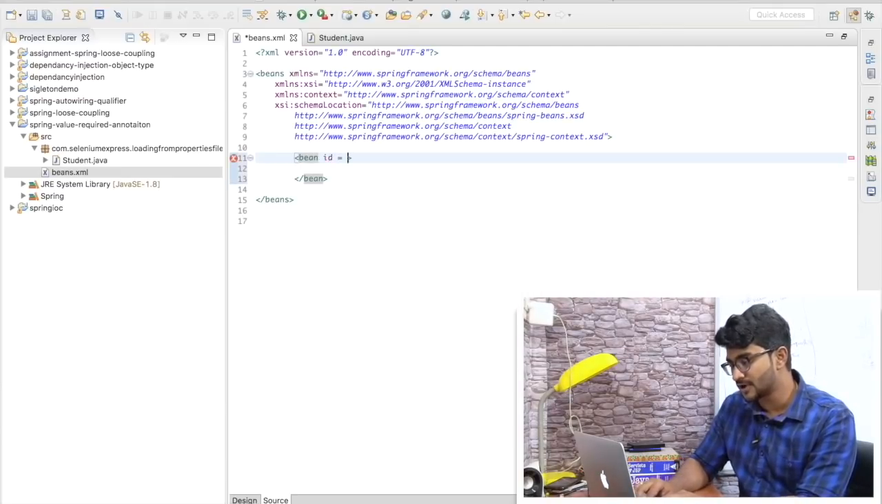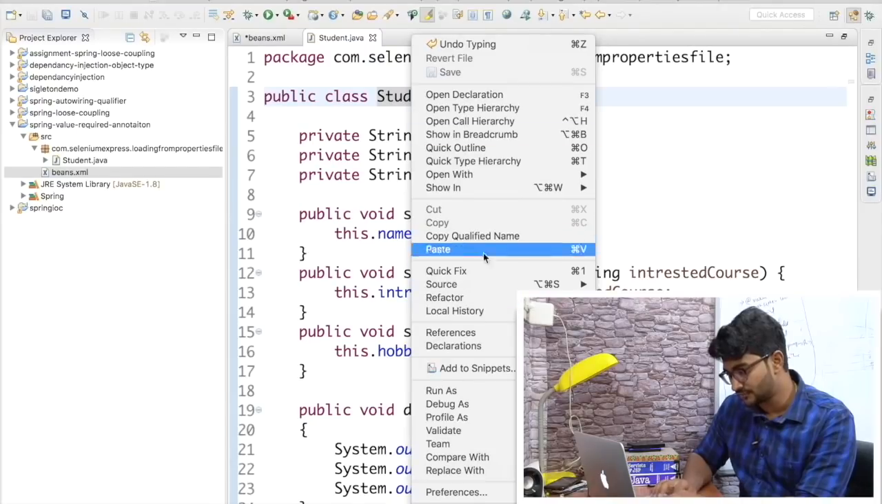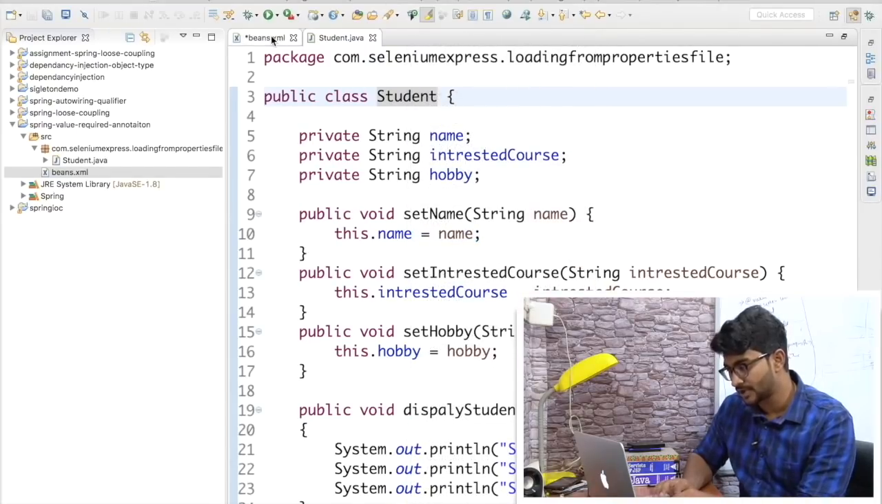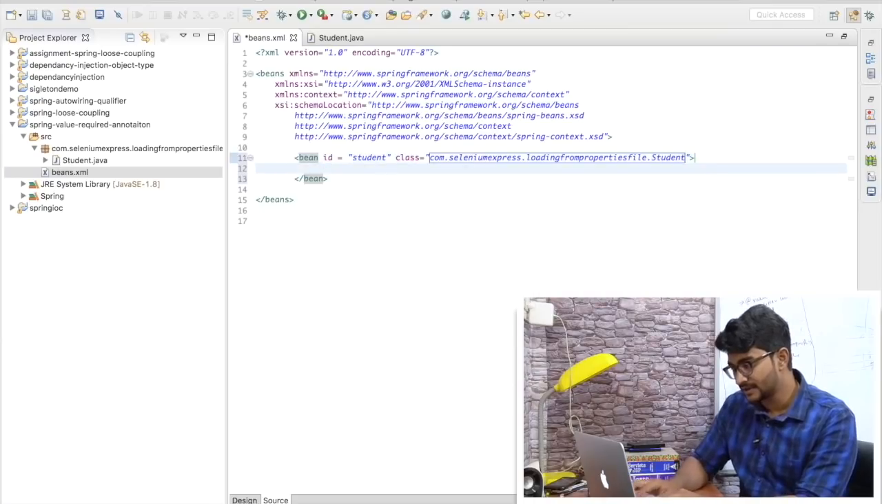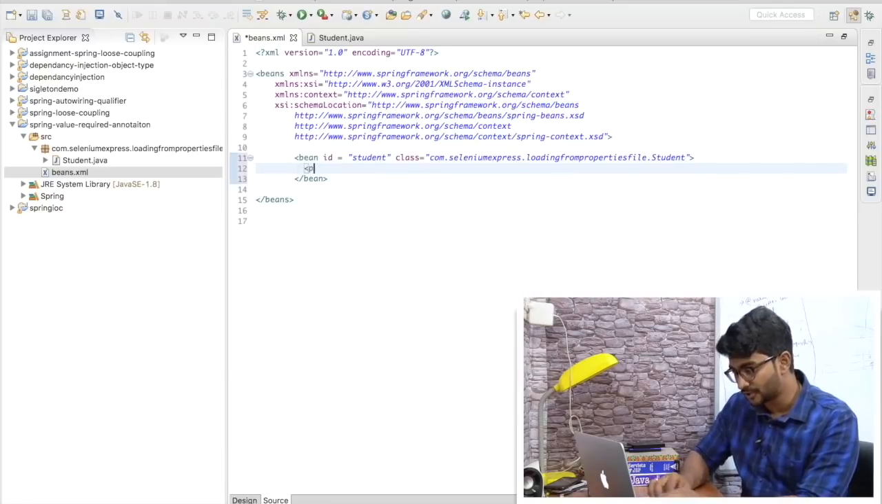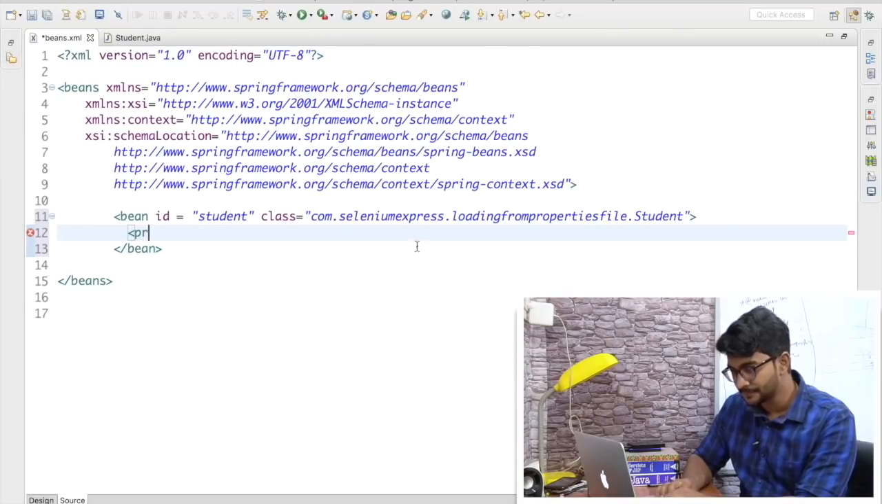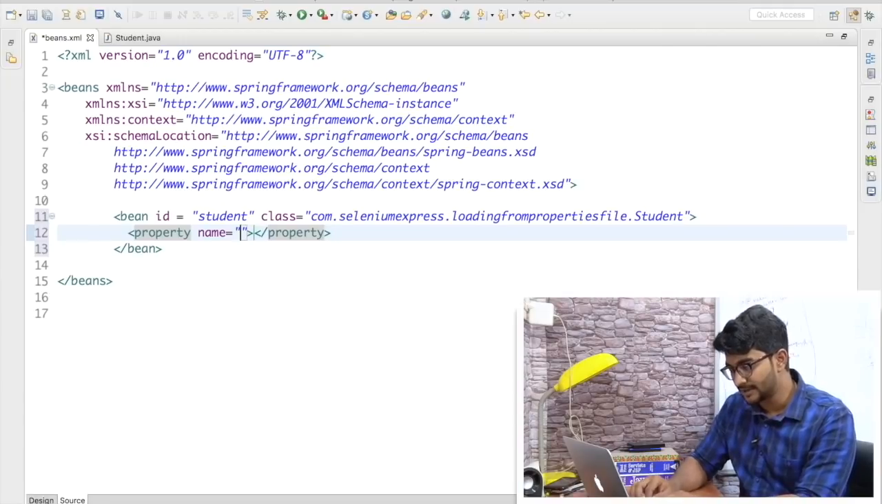I know you will not have any difficulty creating a bean right now. So let's create a bean very quickly and configure its dependencies. First of all, I'll give the ID as student, and the name of the class. Let me get the qualified name: copy qualified name, come over here and paste it. And here I'm going to use a tag called property. Before that, let me zoom in a bit. Now let's use the property tag here, the name will be name, and the value will be, let's say,